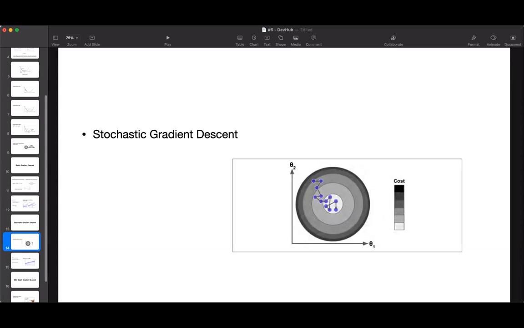This process has a term related to it, which is known as simulated annealing, because it resembles the process of annealing in metallurgy, which you have studied in your +2. In metallurgy, the molten metal is slowly cooled down. The same thing happens here. You initially start with a large learning rate, and as you take steps, you gradually decrease it. The function that determines the learning rate at each iteration is known as the learning schedule.